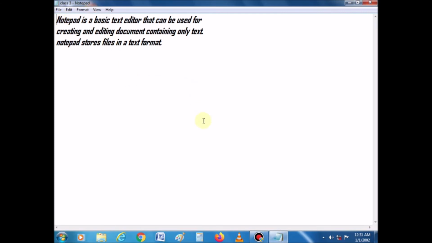Your font will be changed or your font look will be changed.